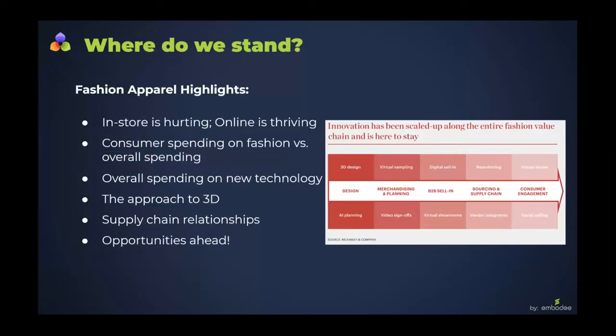So part of what I'll be covering in the next few minutes before I pass it on to Ben is we'll take a look at our industry and the challenges that we're going through right now, specifically as it relates to COVID. Starting off with what McKinsey and Company said in research that they brought up right during the pandemic. It's available for download online. Innovation has been scaled up and it is here to stay.